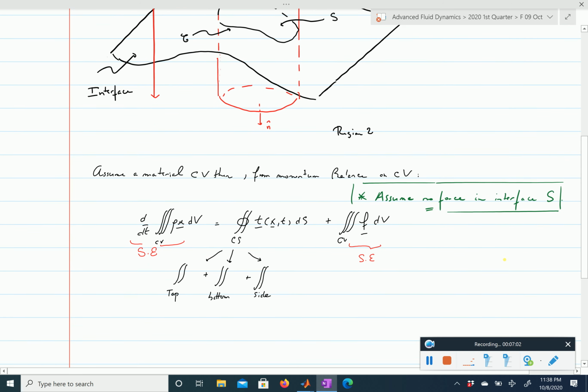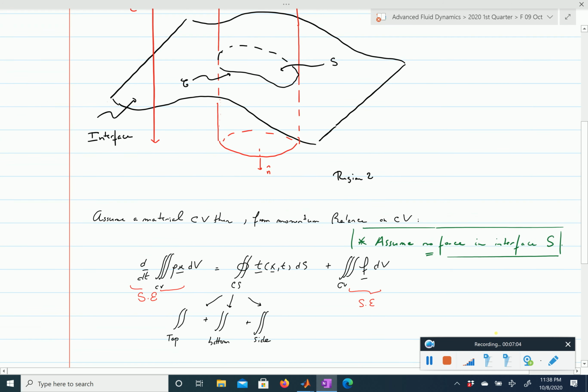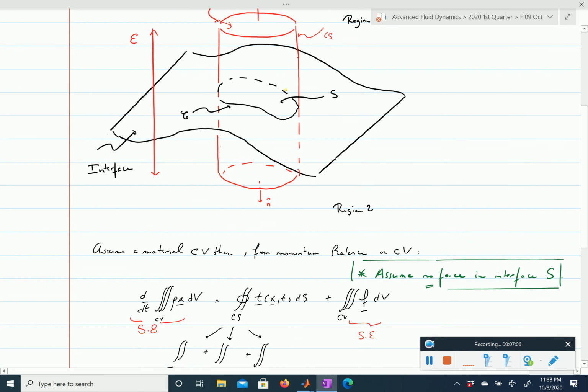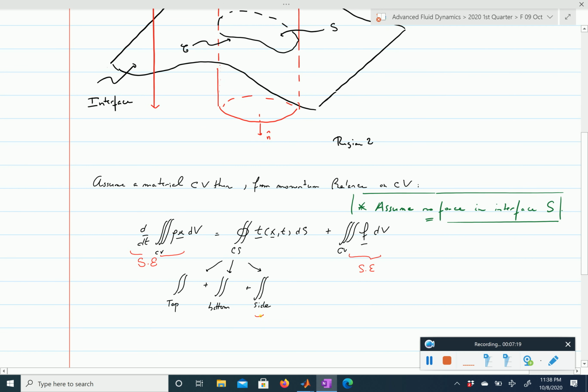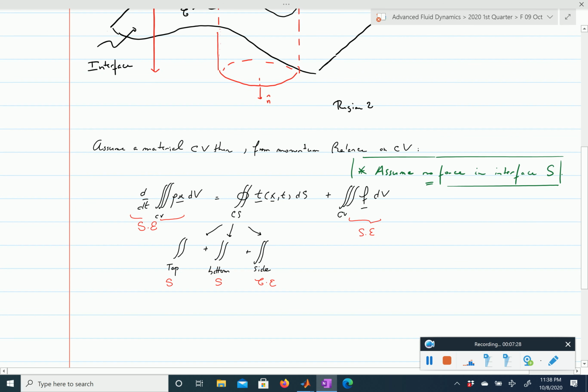will scale with, right? So this is this surface here on the side. Once it has shrunk, it will be the length of the contour C times the small epsilon, because we have shrunk epsilon, so that will be C times epsilon, and the top and the bottom surface, they will scale with S. So when epsilon goes to 0,